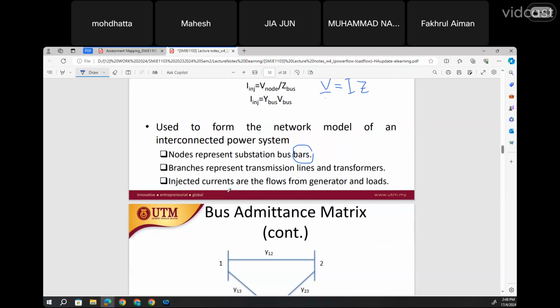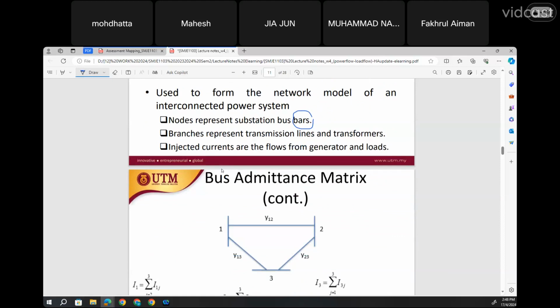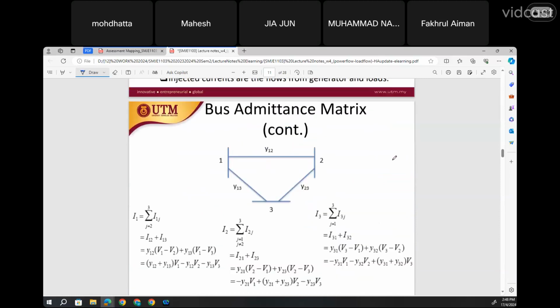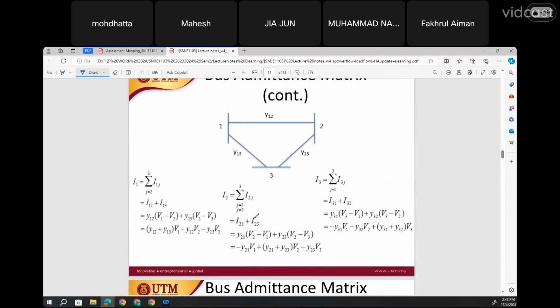Express bus terminal, not express bus. Okay. Now, branches are represented as transmission lines, and also injected currents. Injected current is current flowing from one bus to another bus, or from generator to loads. So here, if you look in this slide,